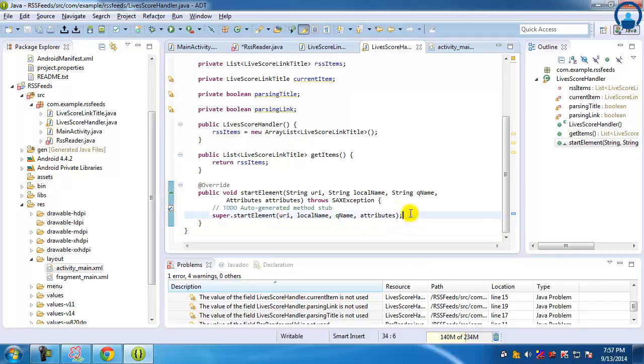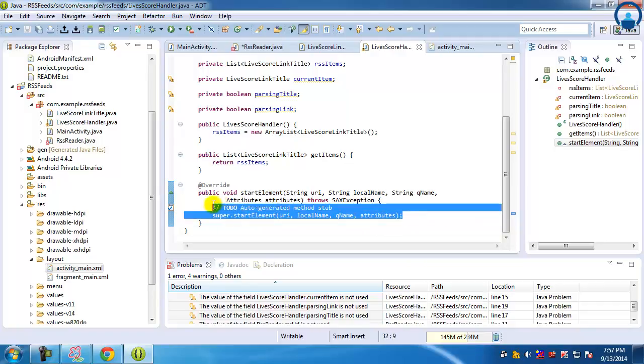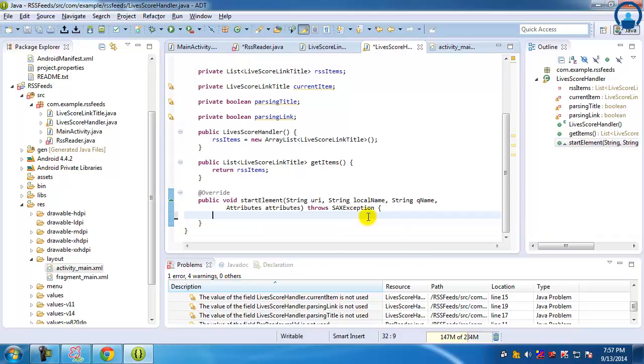So we can let go of this auto generated code. So first of all, we'll be having an if condition. If my item, or this is my string URI, and then I have my local name, and then we'll say if my item